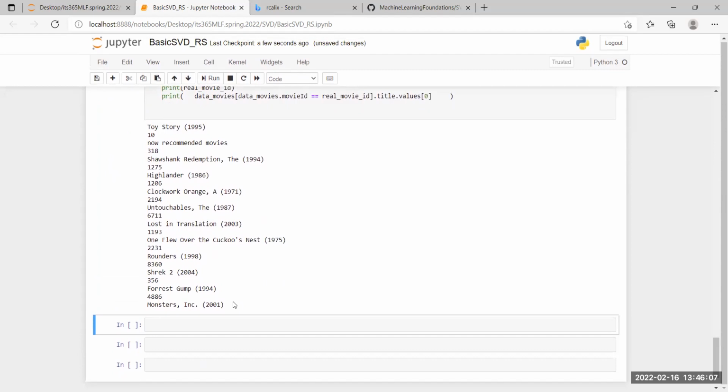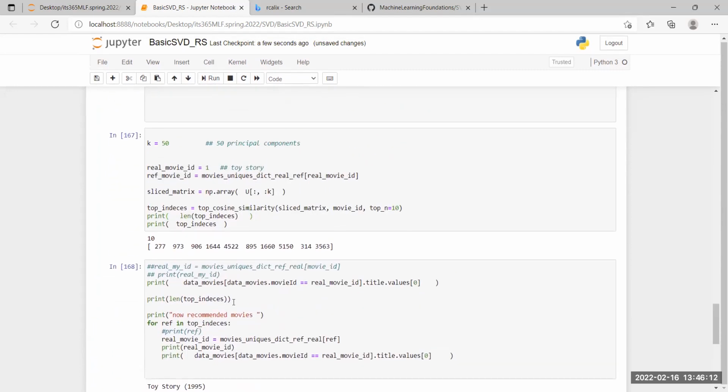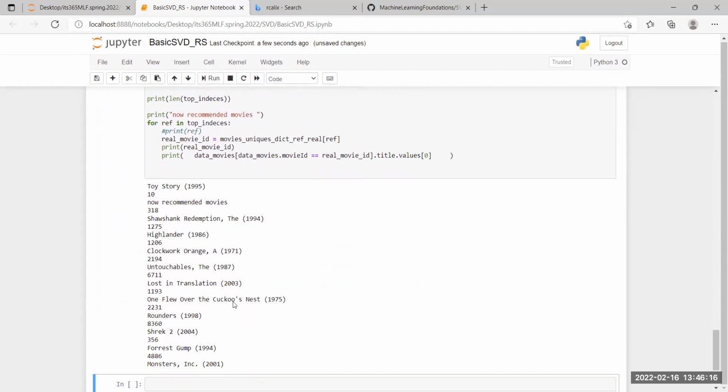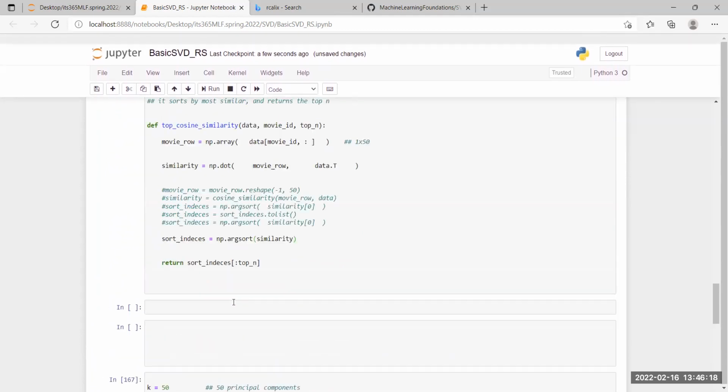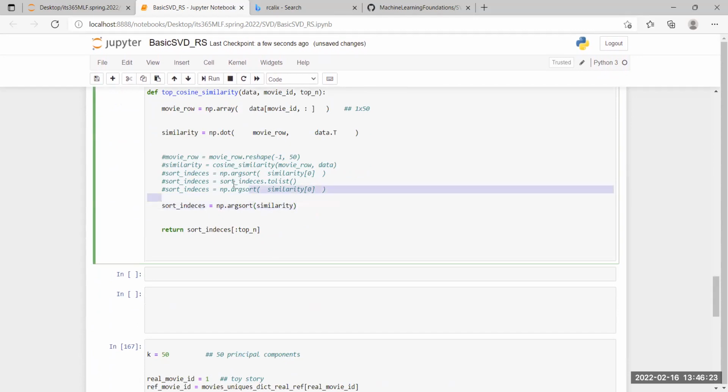Yeah, and this one gave us Shrek, Monsters, Inc. So which one of those do you think works better? NP dot, right? So it seems to be. Basically, I expected this one to be a lot better actually, but it wasn't. So it seems you can try